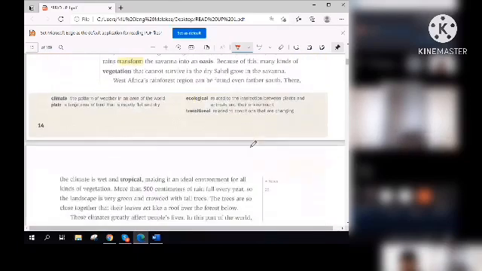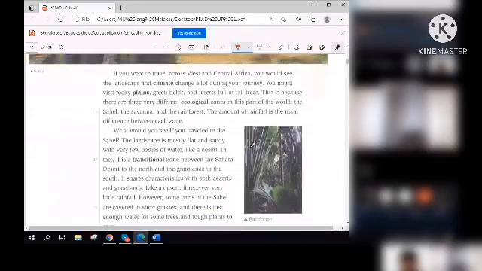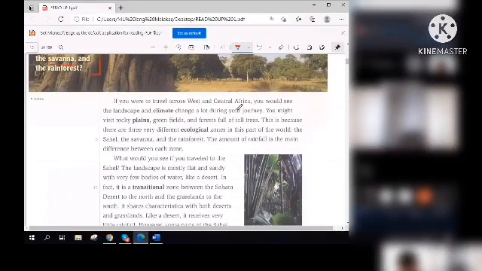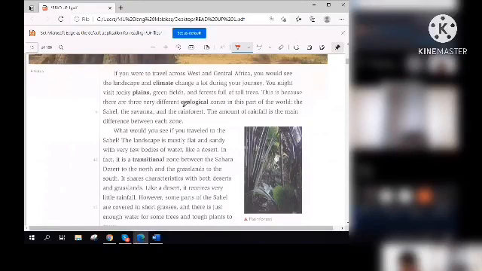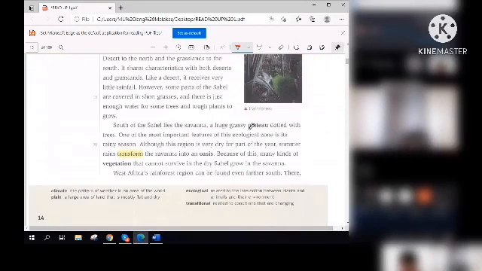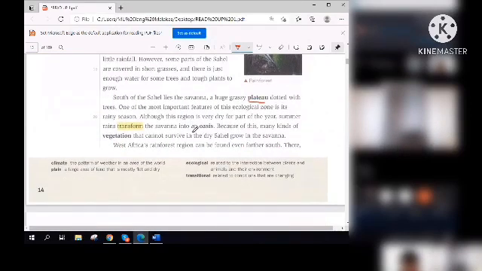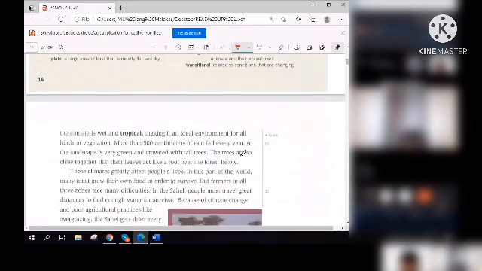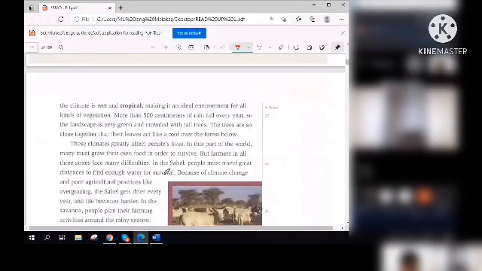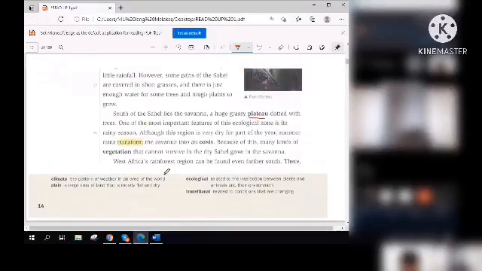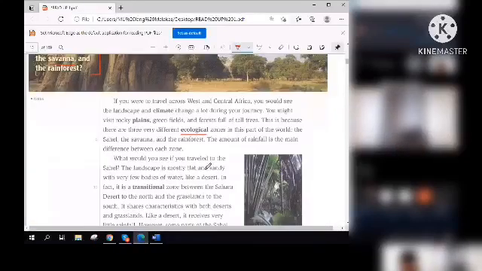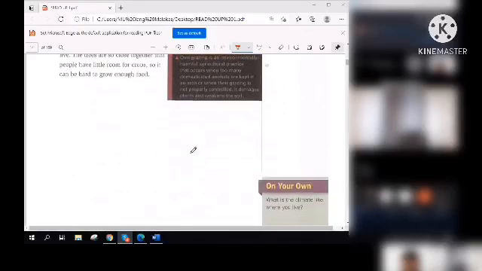Okay, so now this is your reading passage. It's a little bit long. We'll just scan through words to pronounce. Can you please pronounce this one? Ecological. Okay, very good. This one? Plateau. Wow, very good. I'm pretty sure you can pronounce all the remaining words. So Son, please read the entire thing and just tell me when you're done, okay? Go ahead. We'll move through to the next part then.